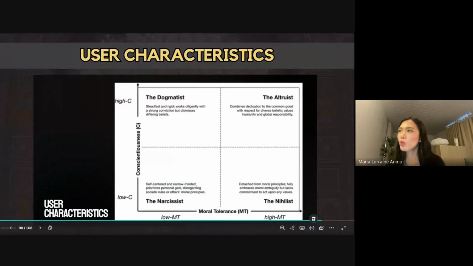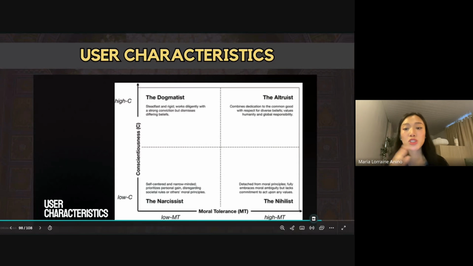There are also those people who are too afraid of saying something. Okay? So the nihilist could also be someone who laughs at offensive posts and justifies it as a joke. The danger here is being so passive that you do not hold people accountable. So what do we do instead? You respect others, but you also stand up for what is right. Okay? You can never just be passive and neglectful online. You still have to be assertive. But remember, there is a fine line between being assertive and being aggressive. You can be assertive but not aggressive.